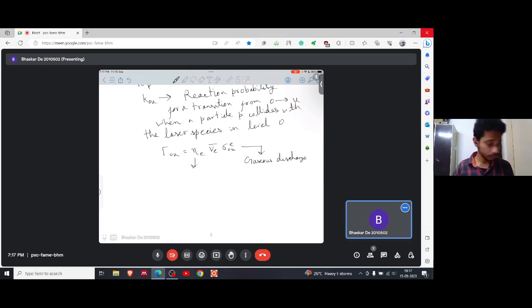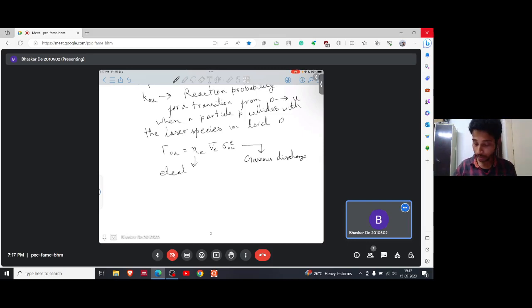So this is the electron density. This thing is the average electron velocity, and then sigma is the cross section. So this is the velocity-averaged electron excitation cross section for the level 0 to u. Okay,